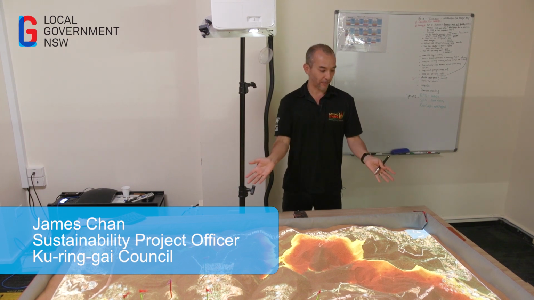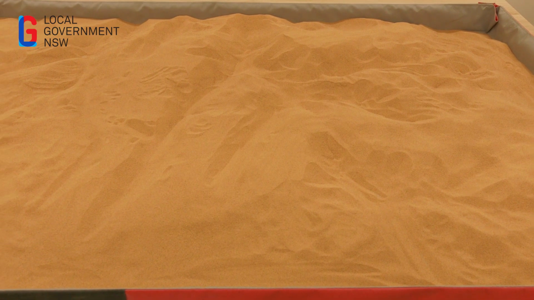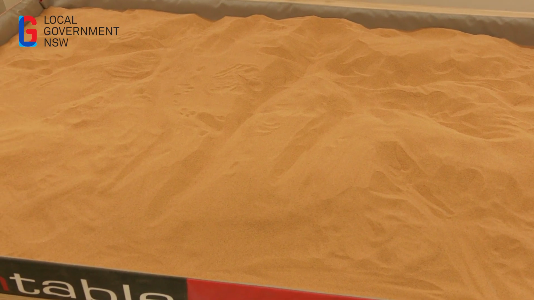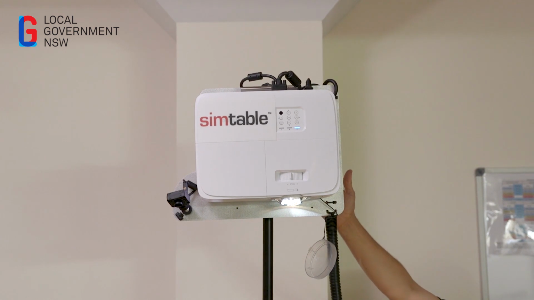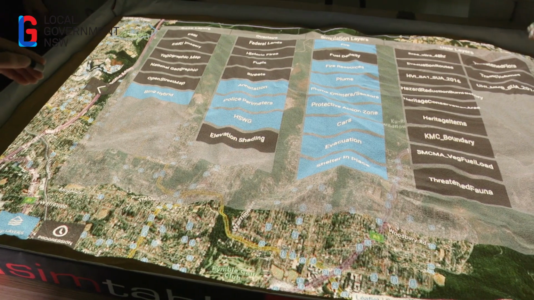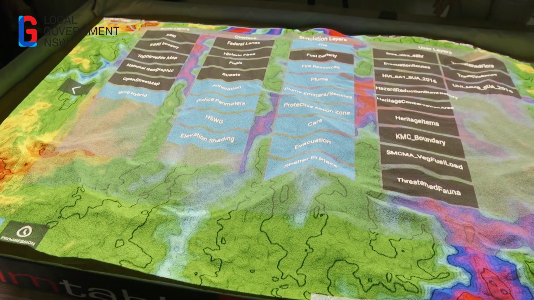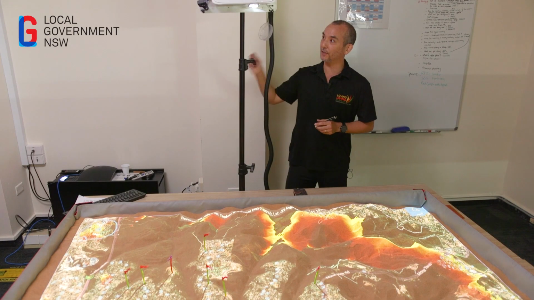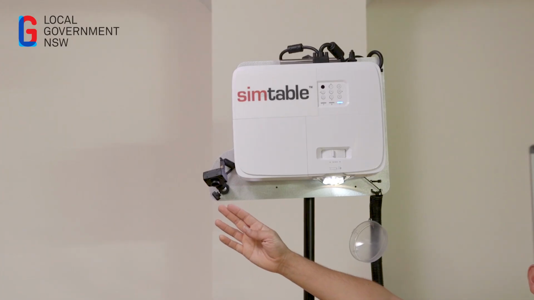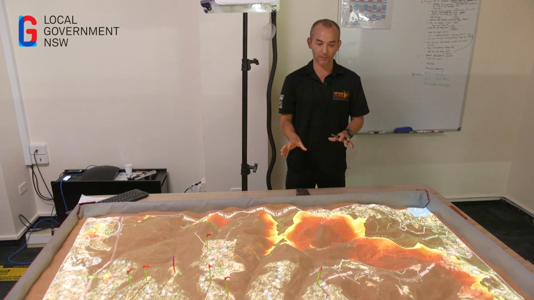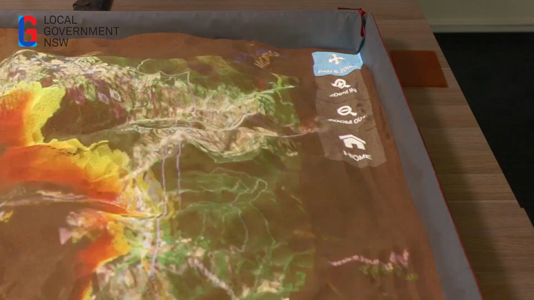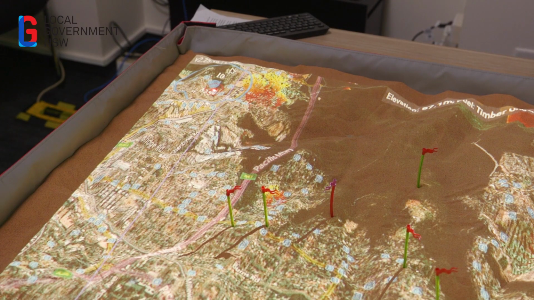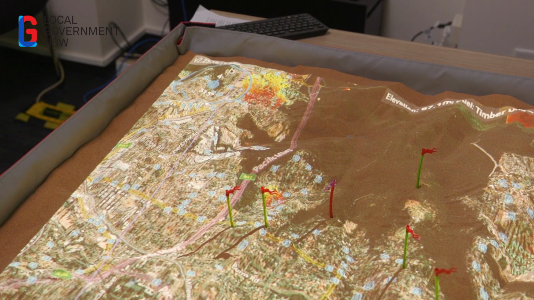So what you have in front of you is a tray filled up with crushed walnut shell. Above it is a short throw projector connected to a computer. And what that does is that it projects these images onto the crushed walnut shell. The key part to how it works is actually this infrared camera. That camera watches the table, and that allows us to manipulate and control the menu of the Simtable. For example, with a laser pointer, we can change the wind speed and direction, and we can control the speed